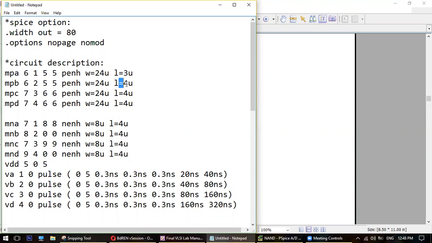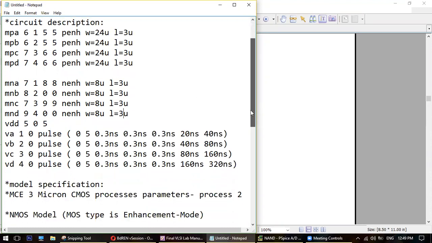L was 3. So you do your thing, whatever you find appropriate. Okay. So it was 24-3, 24-3, and 8-3. NPA, NPB, NPC, NPT, MNA, MNB. Okay, that's it. Fine. I believe it is okay.